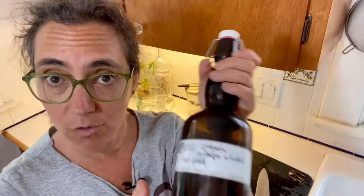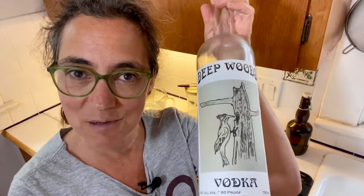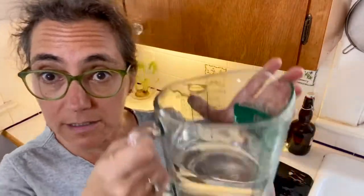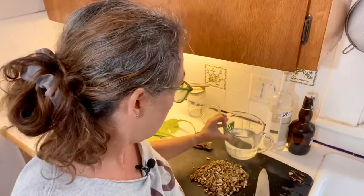So I have some organic grape alcohol that was 190 proof, so high test. And then I have some beautiful vodka made by my friends at Deep Woods Distillery in Oak Ridge, Oregon. It is always a good idea if you are an herbalist to become friends with people who are distillers, just saying. If you're ever in Oak Ridge and it's safe to be out and about, check them out. So I mixed equal parts of the high test and the vodka, and that's what I'm going to use for